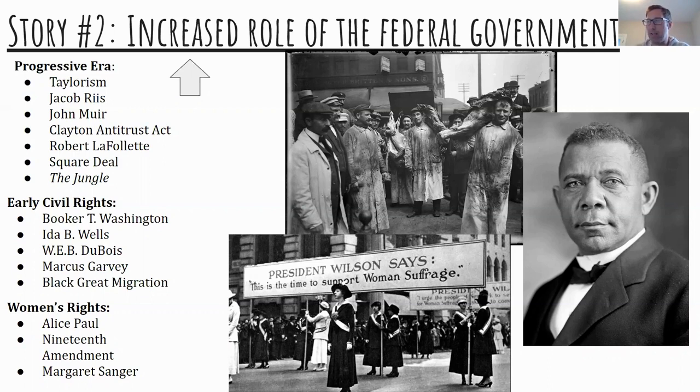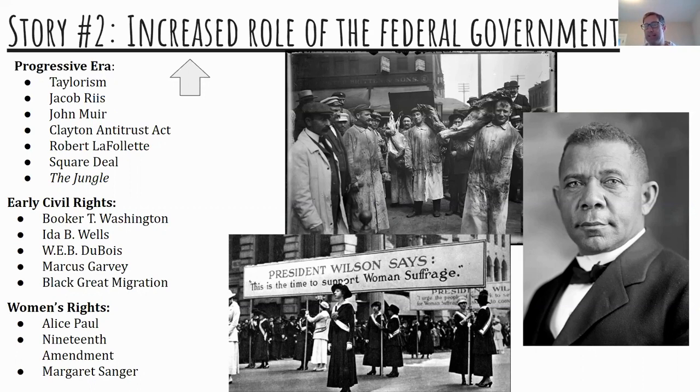World War I is what kills the Progressive Era, because it refocuses our attention on foreign affairs. The one area that we see the progressive movement really not accomplishing a lot is that we don't see them really doing all that much to improve the civil rights for African Americans.